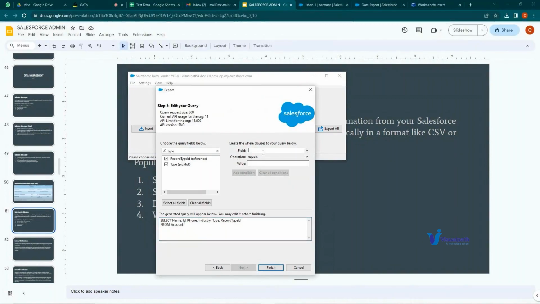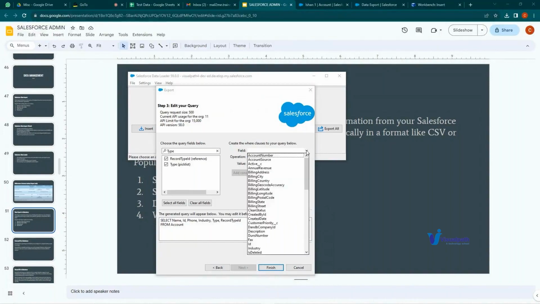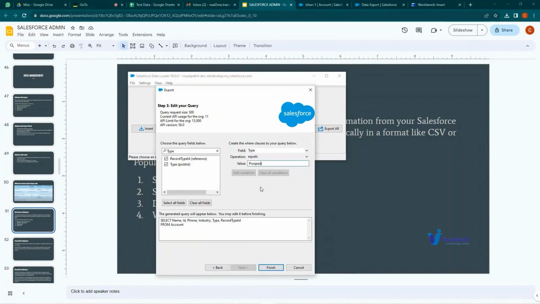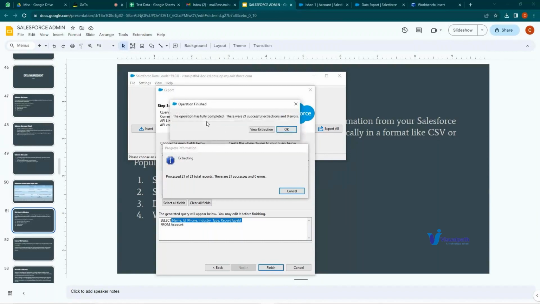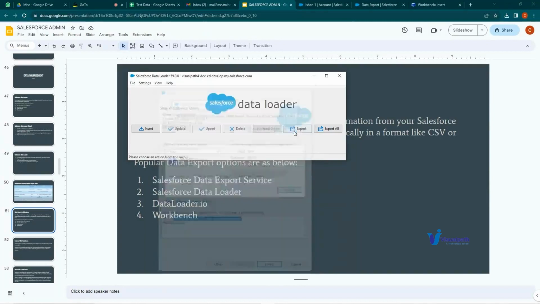Now, as I mentioned, if you want only certain fields, let's say type. Type equals prospect. So I will only get the records where the type is prospect. This flexibility you will not have in the data export wizard, so this is the advantage. Now I will click on yes. The operation has fully completed. There are 21 successful extractions. Now if I open this,